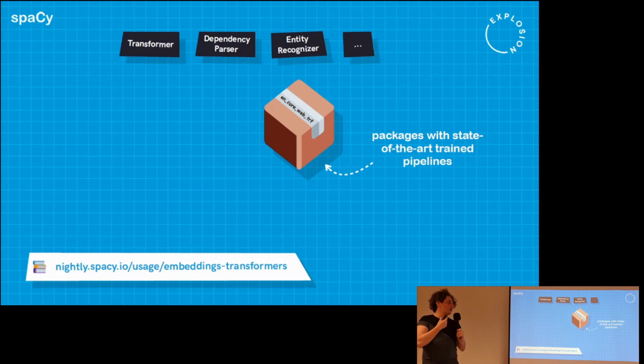And the thing that's really useful in the spaCy support for this is that you can have multiple pipeline components sharing the same set of transformer weights. This means that you can have one encoding representation that you calculate just once and then have that feed through all the rest of your pipeline.